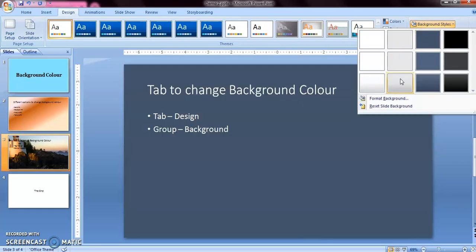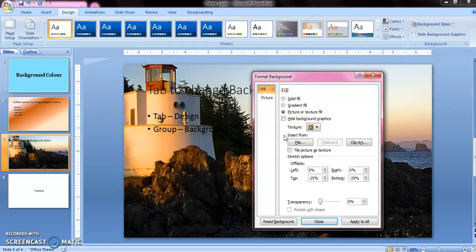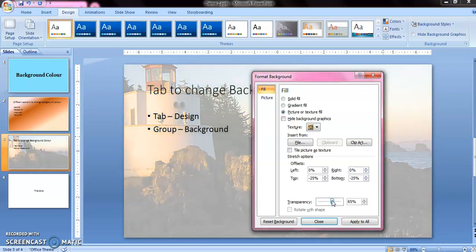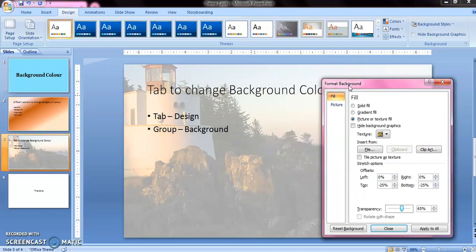So once again go to this format background option. Inside the picture or texture fill, you can see there is a transparency option. So you can reduce this transparency to a level that the content of your text is visible clearly.